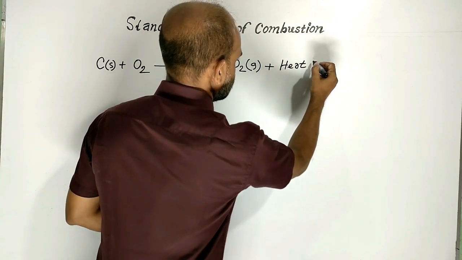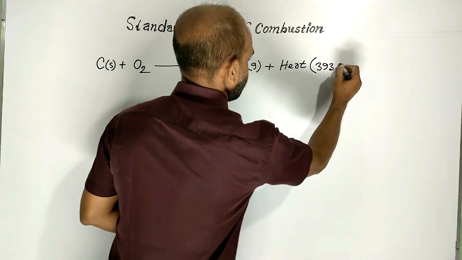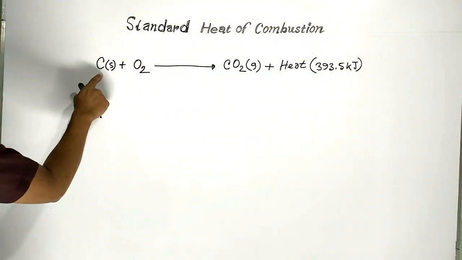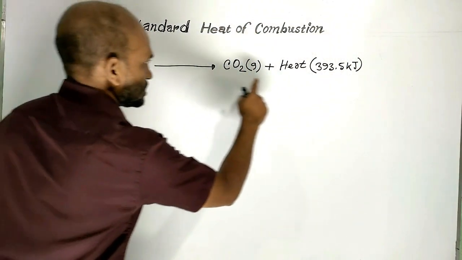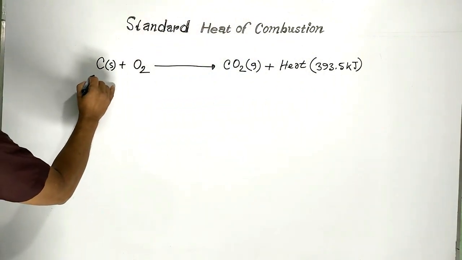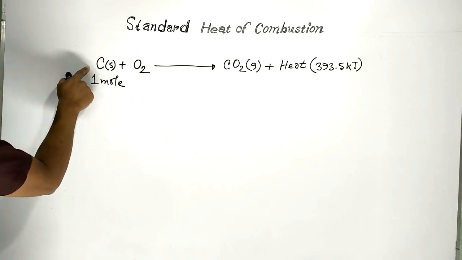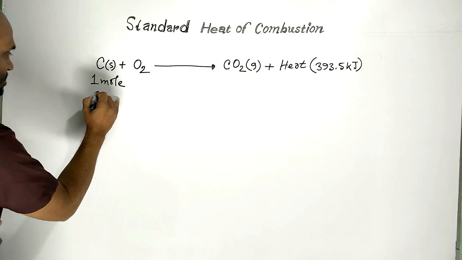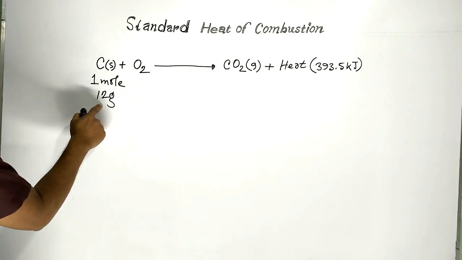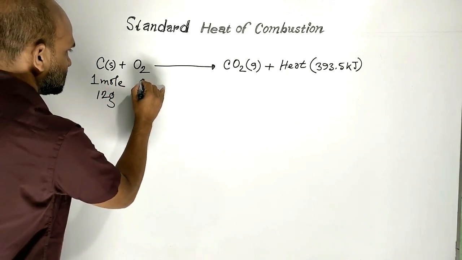The amount of heat here is 393.5 kilojoule for 1 mole carbon. This amount of heat is for 1 mole carbon. Gram atomic mass of carbon is 12 gram. That is, here 12 gram carbon is burnt in presence of